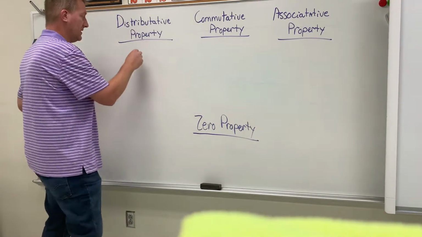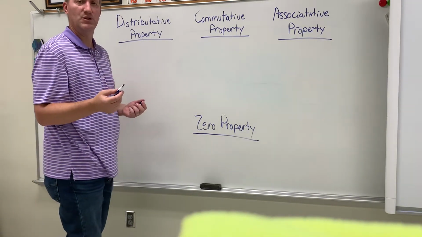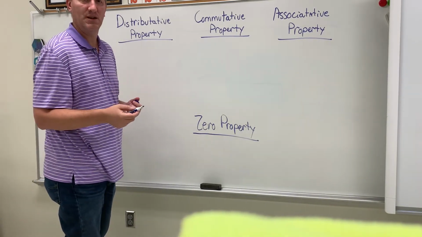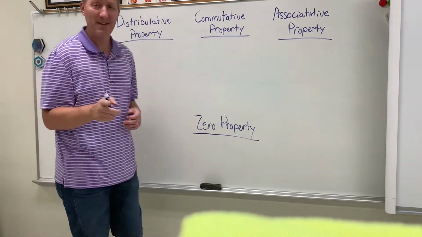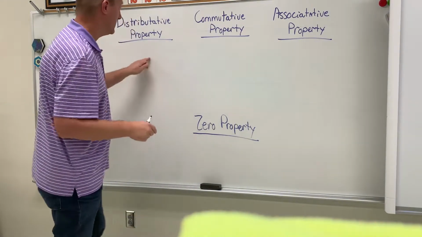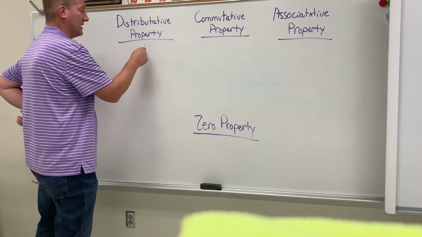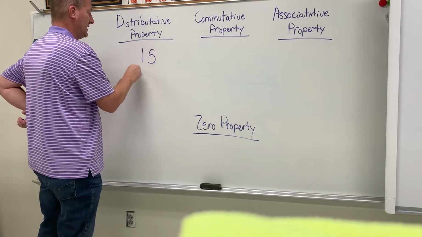And in fact, if it's multiplying like a 2 or 3 digit number by a 1 digit number. So that's why I'm having you study your multiplication facts, because you need to know this to do this distributive property. So let's say we had a number like 15 times,